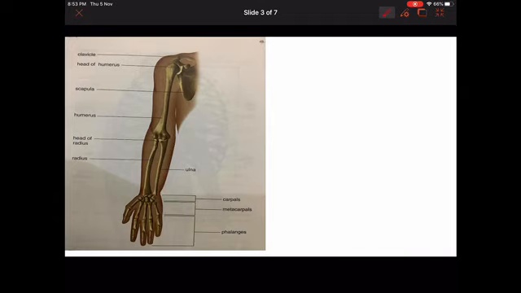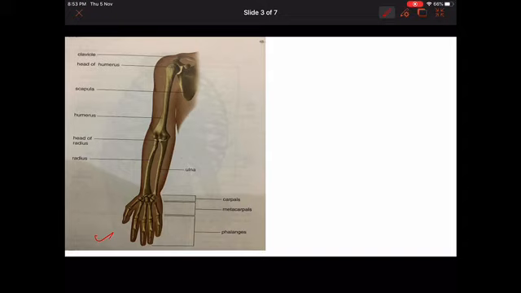First of all, we are going to discuss the bones of the limbs, and this is the upper limb. Bones of the forelimb and hind limb. This is a forelimb; hind limb means legs. They largely correspond to each other. They are mostly similar, but names are different. So here we are going to discuss the forelimb, that is your arm bones.